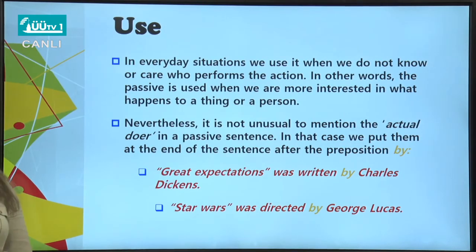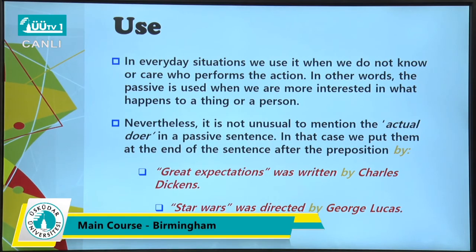Another use. For example, in everyday situations, we always use it when we don't care who performed the action. In other words, the passive is used when we are more interested in what happened to a thing or a person, more than who did it. And it is unusual to mention the actual doer in a passive sentence, but